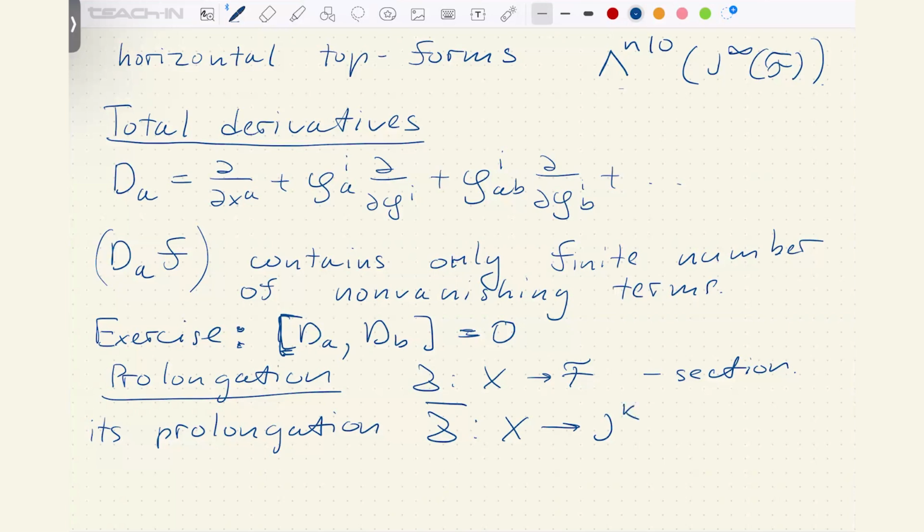It's defined in generality for finite J^k of F, and it is defined by a very simple rule. So sigma bar, its value at a point p of the base, because a section is a map from base space to the total space, but more precisely to the fiber over this point. So the value of sigma bar at p is nothing but an equivalence class of sigma